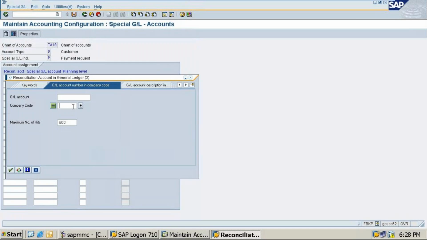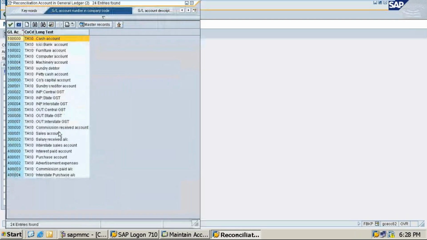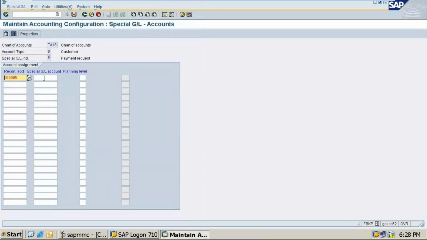Company I'll be changing as a TA10. So here we have to take Sundry data. Sundry data we have to take.